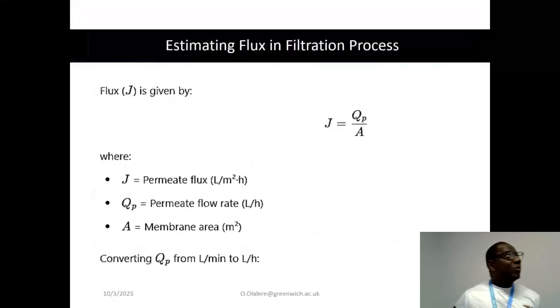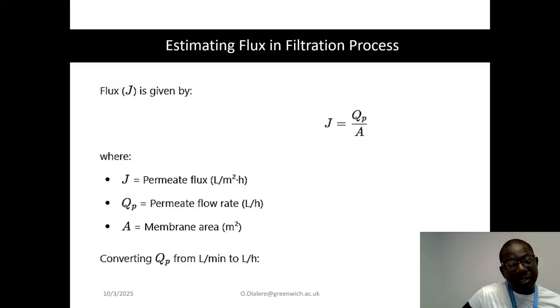And now we have a formula to determine the membrane flux, and this is J = Qp divided by A. Very easy. So Qp is the permeate flow rate, that is the rate coming out. And